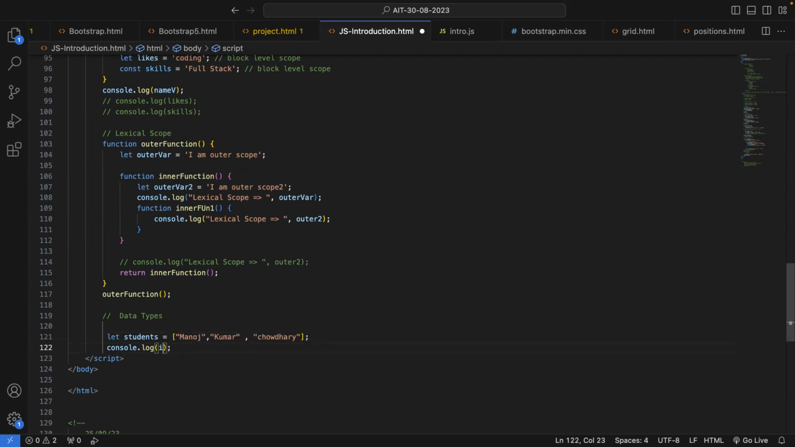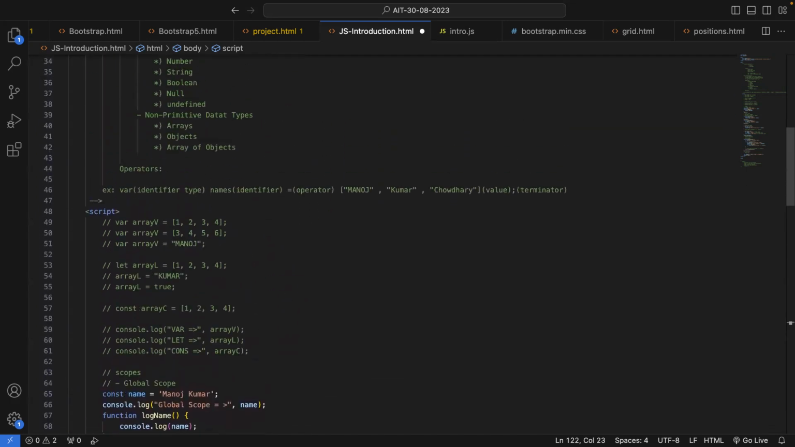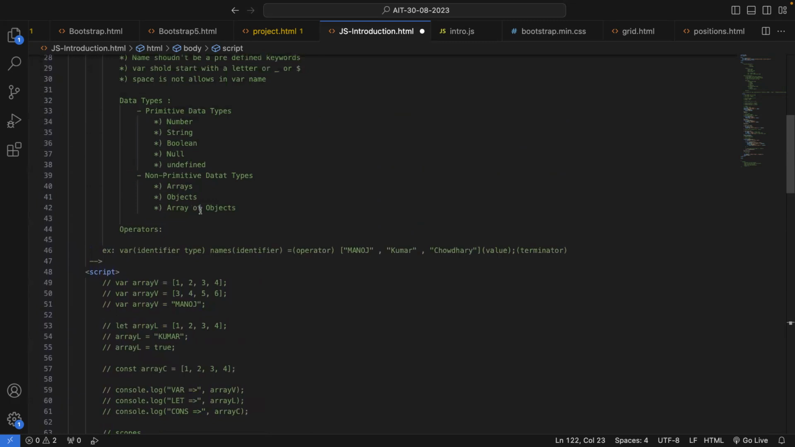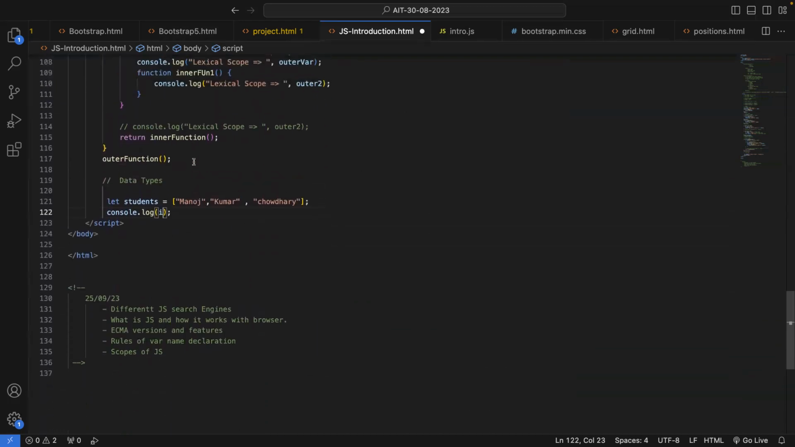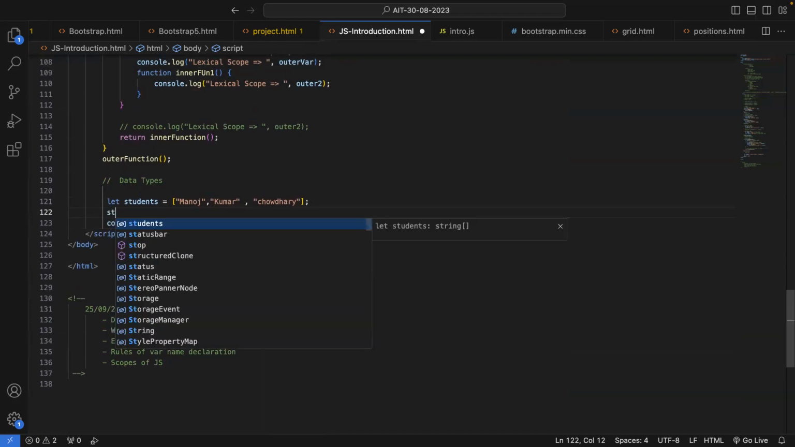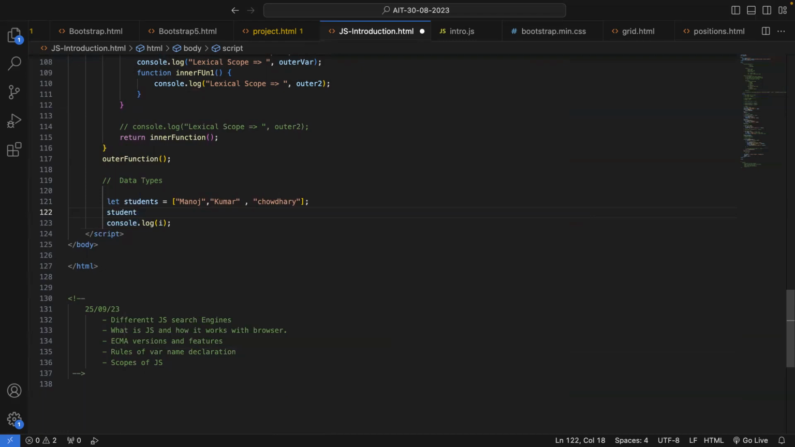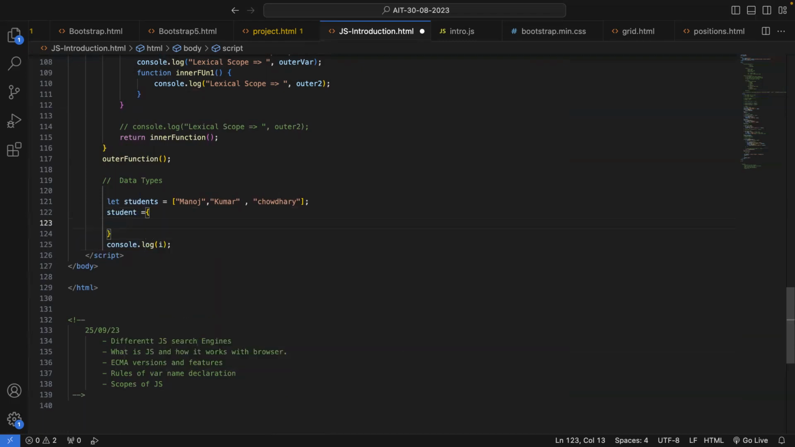Okay, so the next one is the array of objects. So what we declared here is objects and array of objects. So what is the difference between objects and array of objects? Can anybody tell? Objects and array of objects. For example, just imagine I was holding single user data, as we discussed just now, student is equal to, so I have name Manoj,